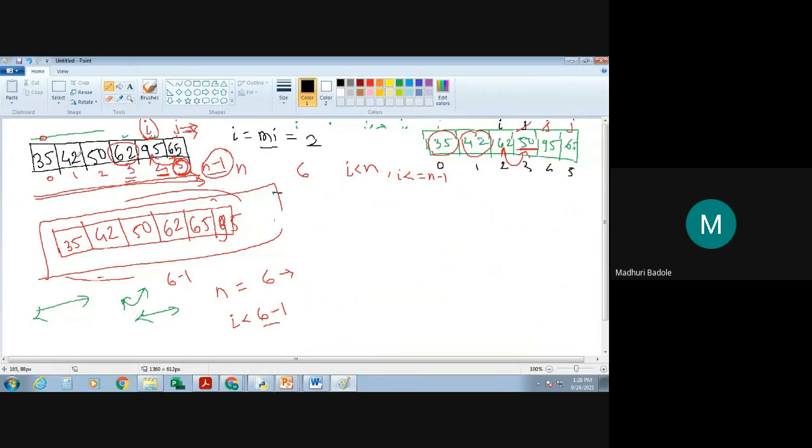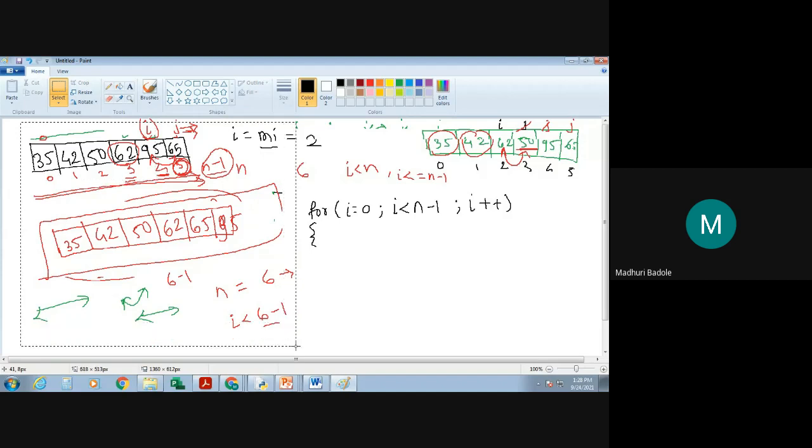Initially, your for loop of i will go from 0 to i less than, how much will it be here? It should be n minus 1, and over here i plus plus. Now under the ith loop, let me start from the first.